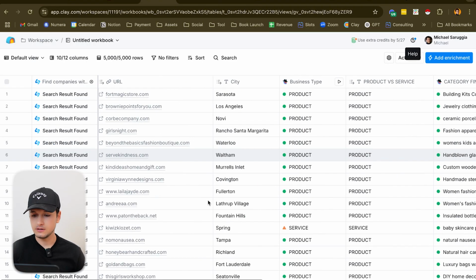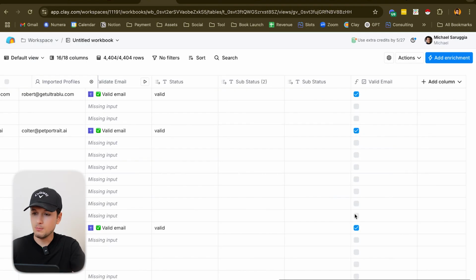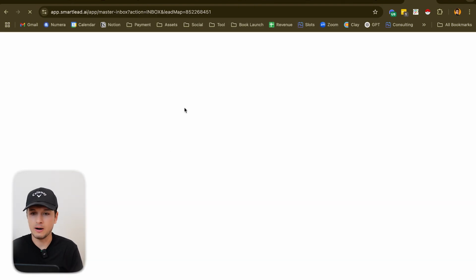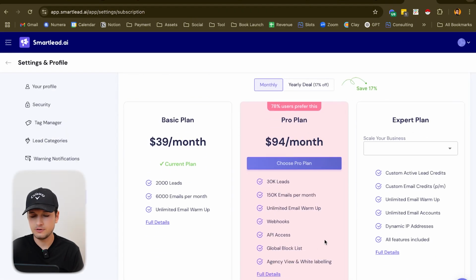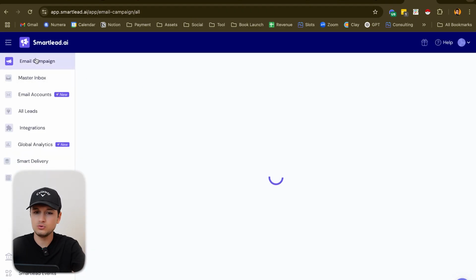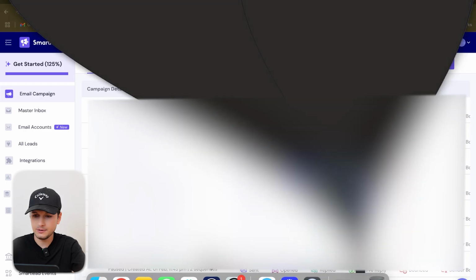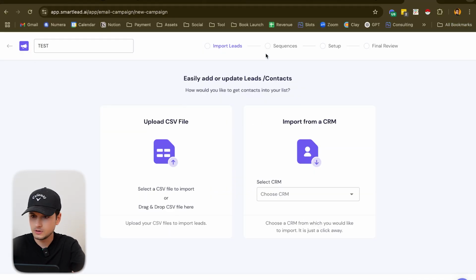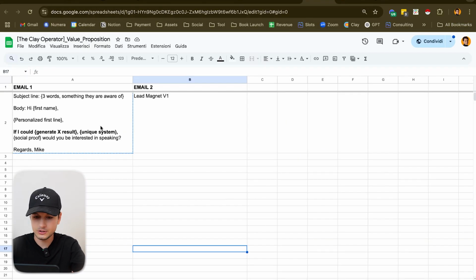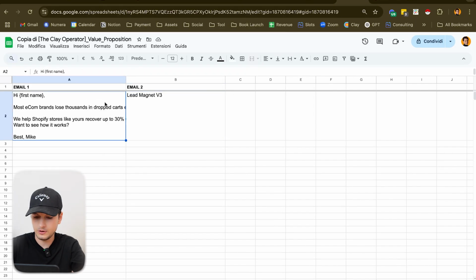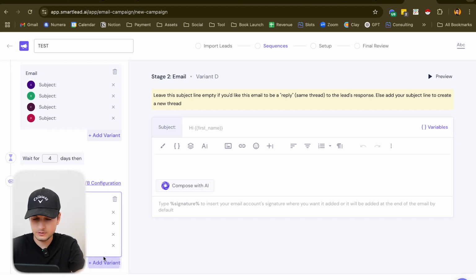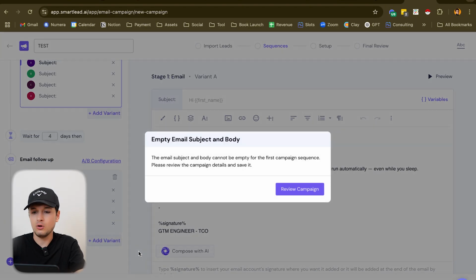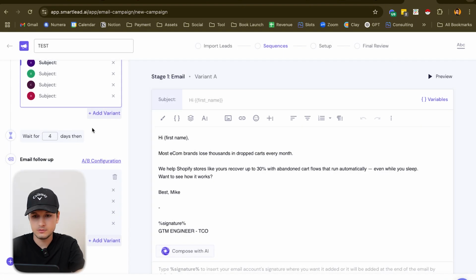Okay. And next is going back to people, moving everything to SmartLead, the sending provider. Check SmartLead, open your SmartLead, create an account. I think this account is enough 90% of the times. What you have to do here is email campaign, create campaign, call it test, sequence, put the value propositions in this way, value prop 1, okay, add variant, add variant, add variant, add variant. And I don't even use follow-ups most of the times, crazy enough, because I just want to